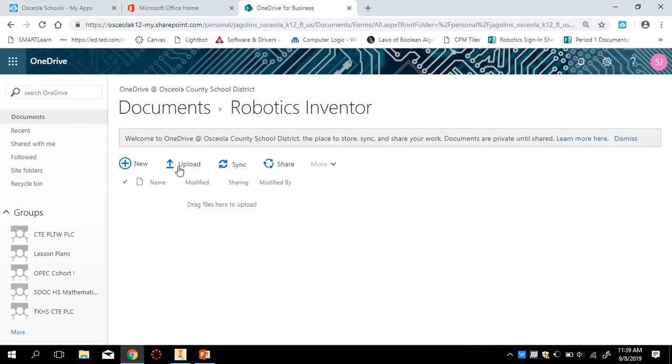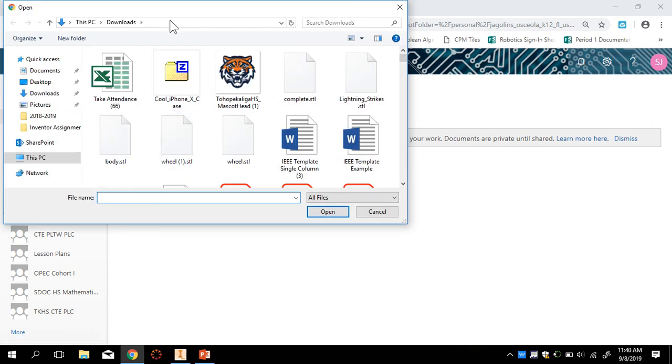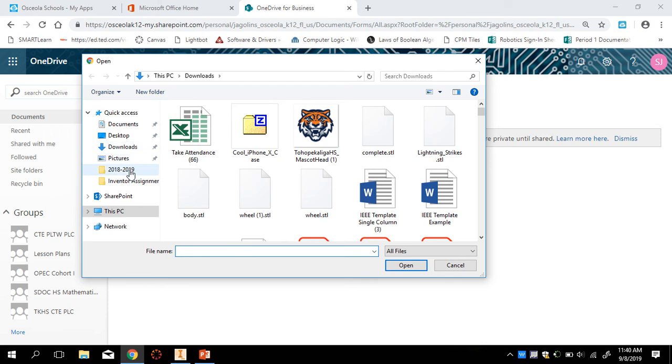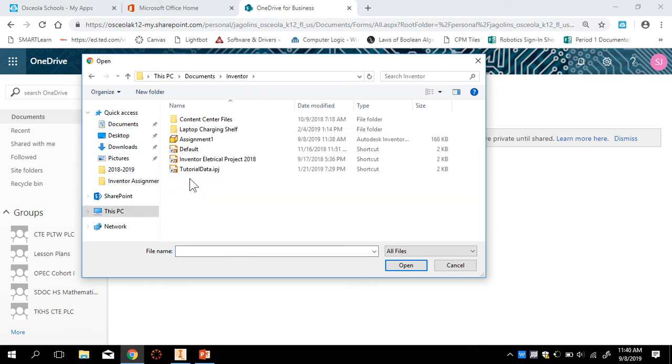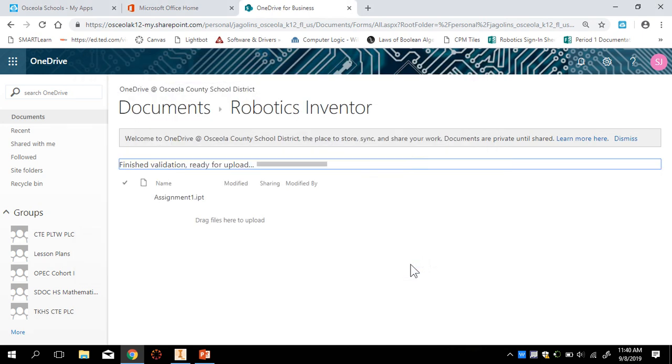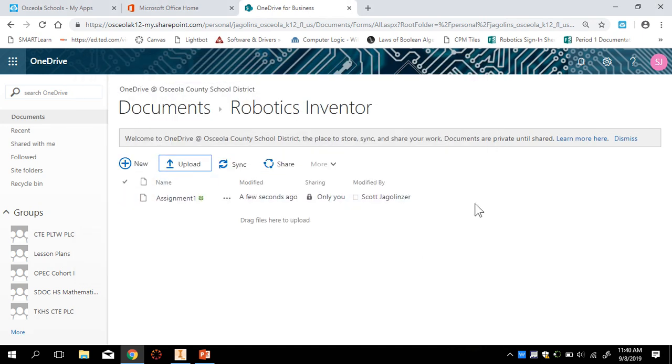So here you need to upload. Again, get in the habit of using folders. It just helps keep everything more organized and easier to find. You're going to click the upload button. Now you need to go to your Documents folder, go to Inventor, and then select your Assignment 1. Click Open, and it uploads it, and now it's on OneDrive for you to be able to access remotely